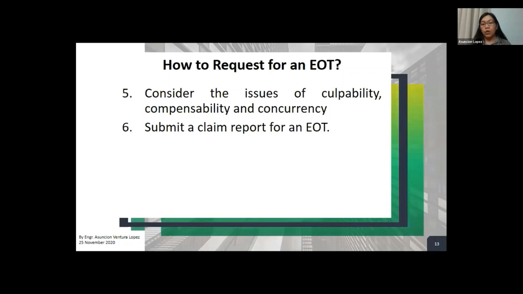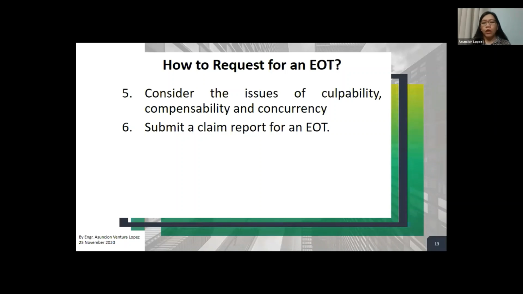Next is to submit a claim report. Quantity surveyors will do the cost estimating, the cash flow, the cost calculation and everything. However, our weakness is always this whole report, whether it is an EOT claim, a time claim, or a cost claim.